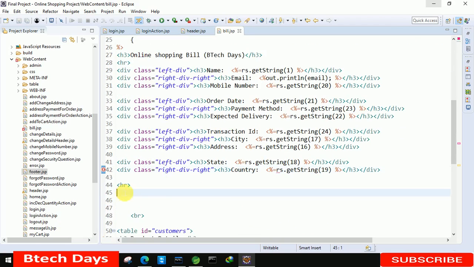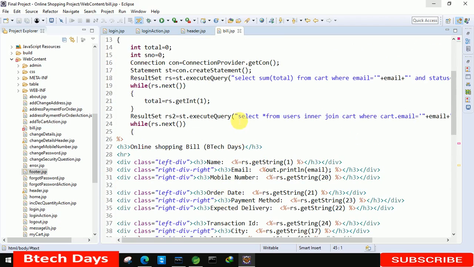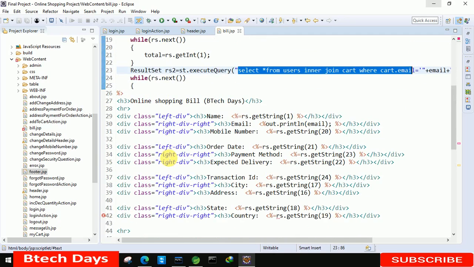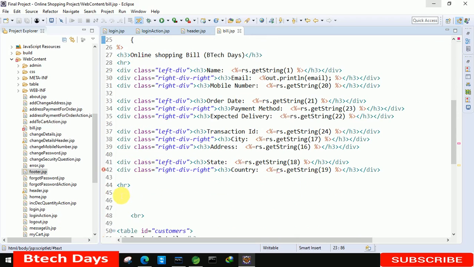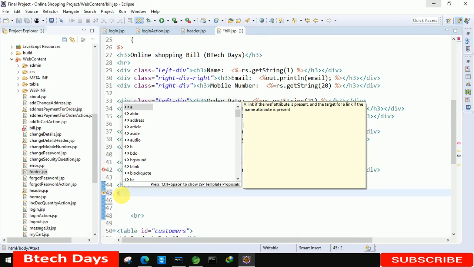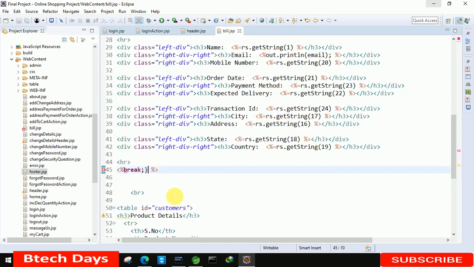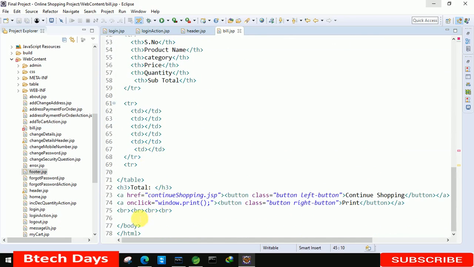One more thing, when we execute this query, there are multiple records, so we have to run this just one time because we just want to display one. So we also need to close the loop, like break the loop, sorry. For that we just write break, semicolon and close the bracket. Okay, after that we are able to see the record there. So just close this bracket at the end so that we can see whether this is working fine or not. So just close this, and after that catch, and here we just need to write